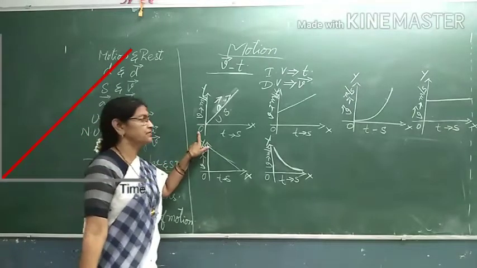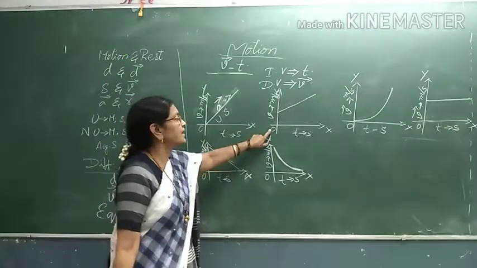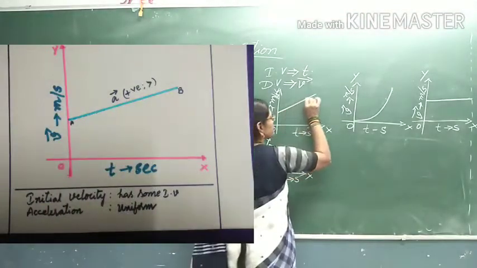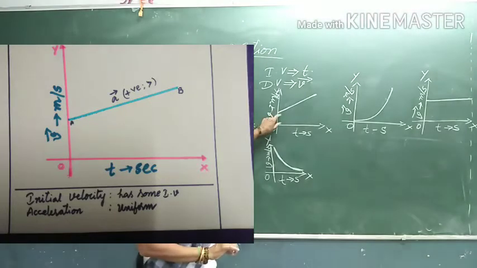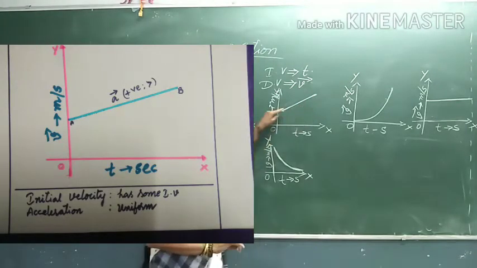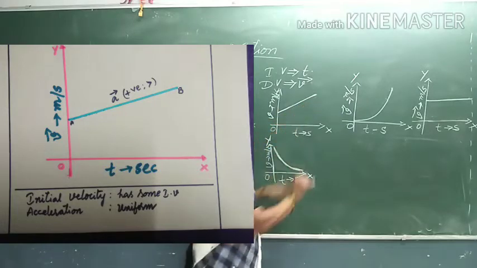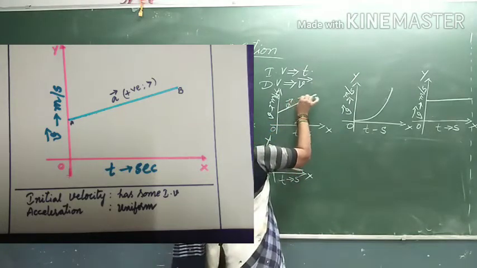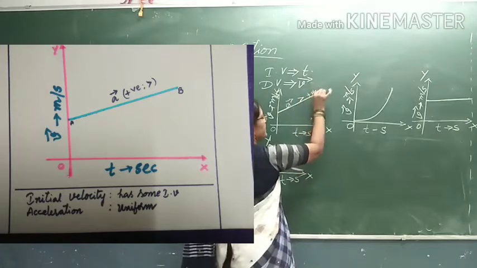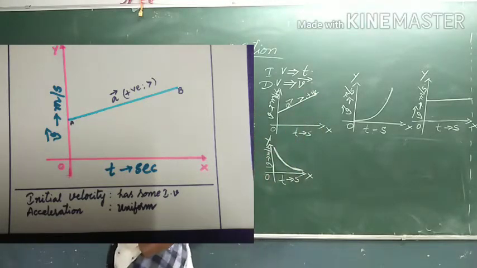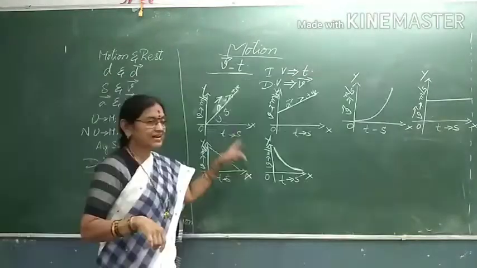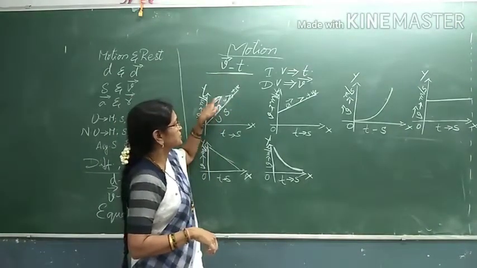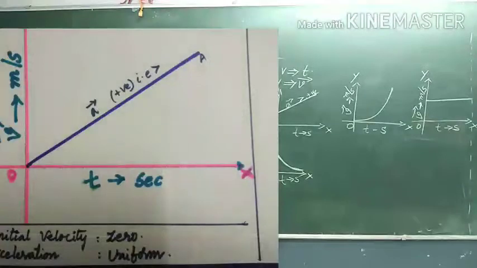Same thing as in distance-time graphs. Here in the velocity-time graph, the body is already possessing some speed, that is, some initial velocity. And the gradient gives the acceleration. Here also it is going upward, so acceleration is increasing. So this is positive acceleration, which we have learned already. Positive acceleration means velocity is increasing. So acceleration is positive, and acceleration also goes on increasing.